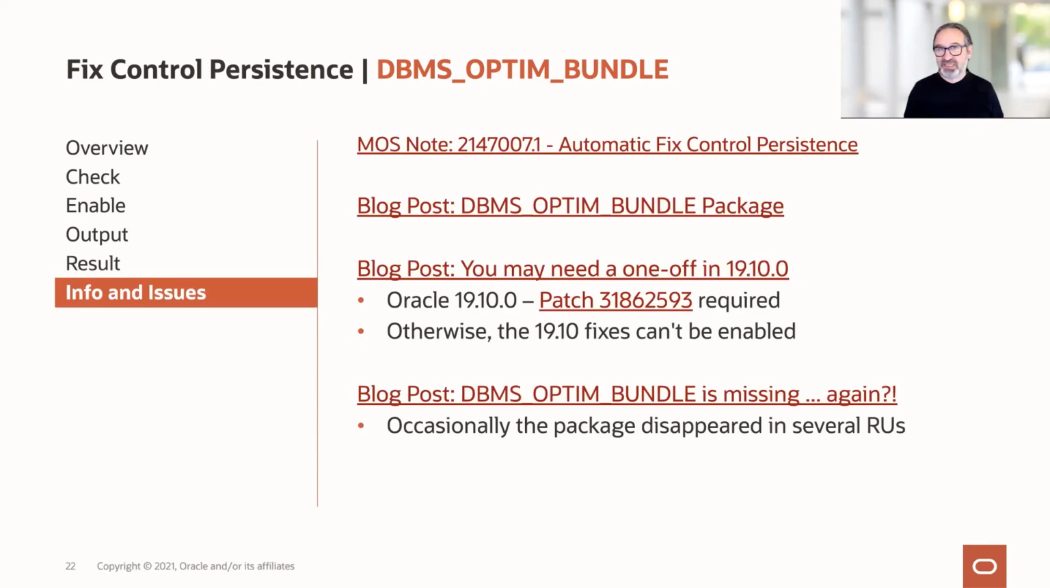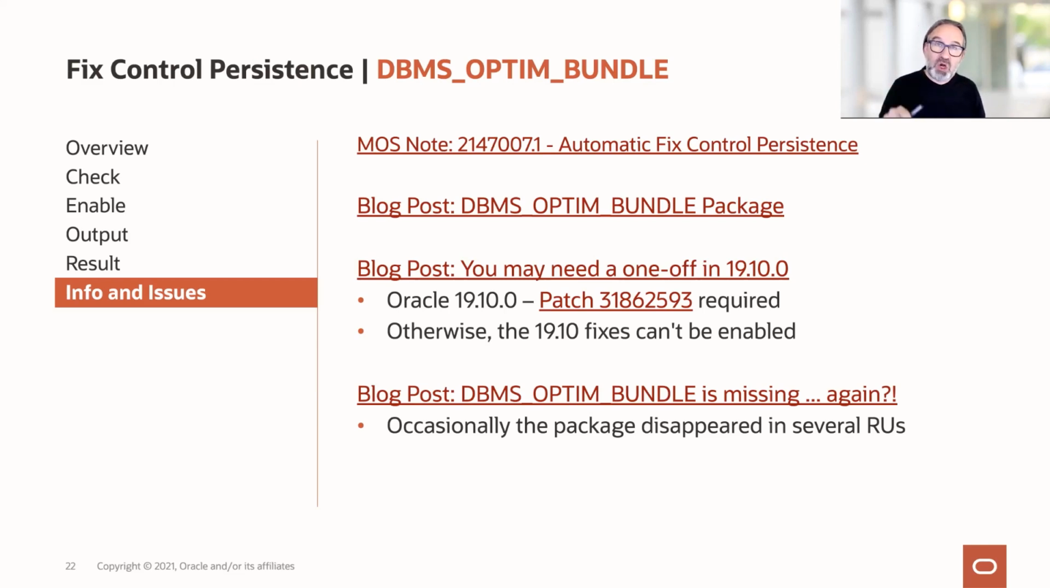It sounds good. It's helpful. It just had some tiny little flaws. So as I said before, in some cases, it appeared and disappeared again in the next bundle or in the next release. And especially for 19.10, you need something. Unfortunately, when you want to use DBMS_OPTIM_BUNDLE, when you never want to use it, ignore that. But when you want to use DBMS_OPTIM_BUNDLE with 19.10, you need that patch